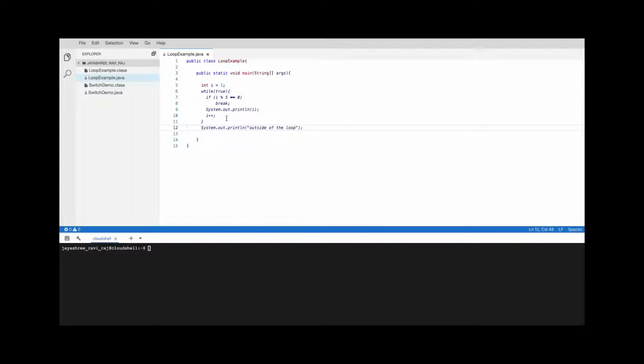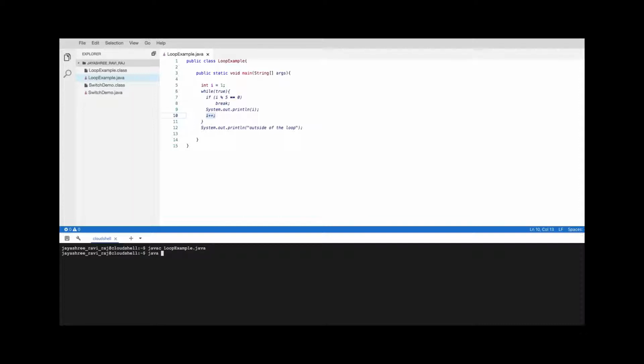outside of the loop. So what's happening in this program is we first initialize I equal to 1, and then we have an infinite loop, so to say, till it encounters a break. And of course it will encounter a break, otherwise this will be a runaway program. So you enter into this block, and if I is divisible by 5, then you break out of this loop. Otherwise, you print out the number I and you increment that I so that it keeps going back into the loop. Now, if you compile this